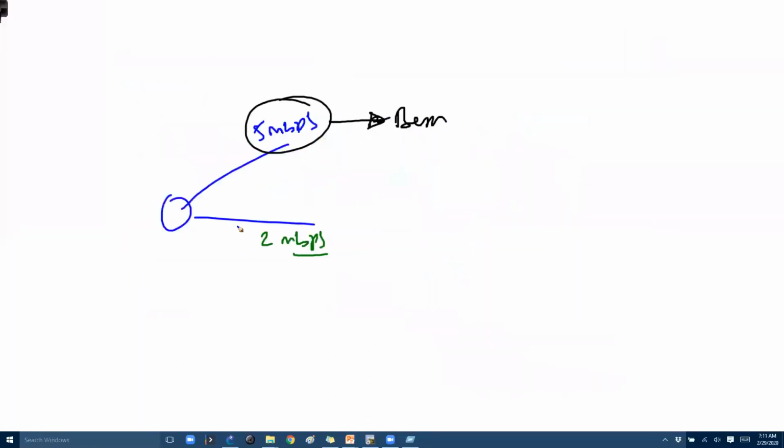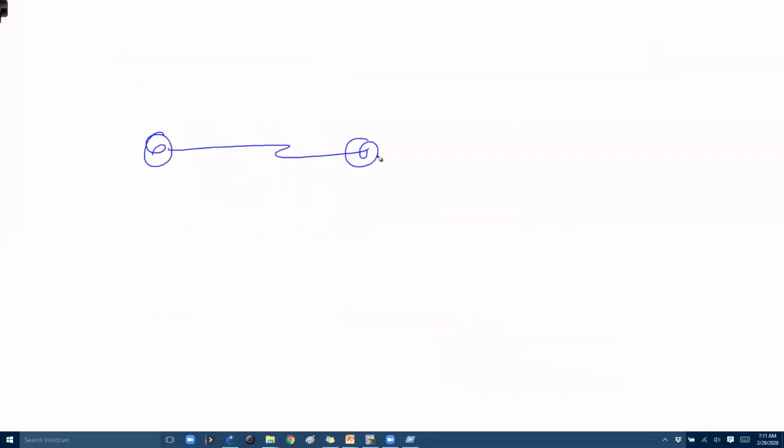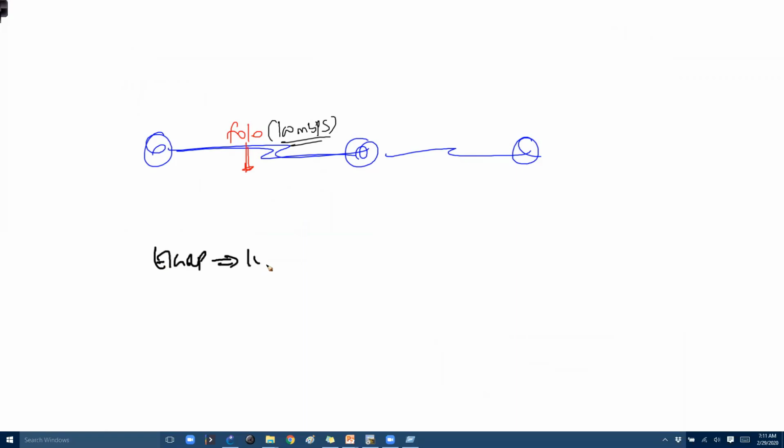Now most of the time when you want to change the bandwidth, let's say I'm connecting a router here, and this is my Ethernet link. Let's say I'm connecting a fast Ethernet link on the WAN connection here. Now what is the default bandwidth on the fast Ethernet link? The interface default will be 100 Mbps, which means when EIGRP calculates the best route, it is going to consider the bandwidth as 100 Mbps by default. Because if you don't change it, it's going to assume the bandwidth is 100 Mbps, and based on that 100 Mbps, it is going to calculate the cost.